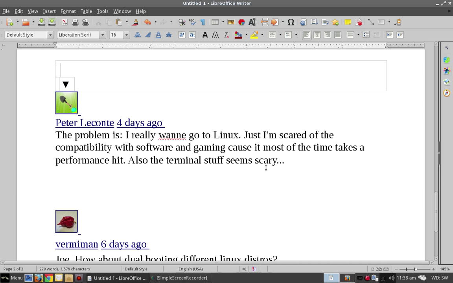Or download VirtualBox and put Linux in VirtualBox. Put Ubuntu 14.04 in it and play with it. See how far you can get with it. Of course, that's not like running it on hardware. Looking at Linux in a virtual machine is not the same as putting it on hardware. On hardware is the way to learn, because then you're dealing with a real computer and real problems. In a virtual environment, yes, it'll give you a feel for how the desktop works and how some of the software works, but it's not going to be the same as actually running it on its own machine.